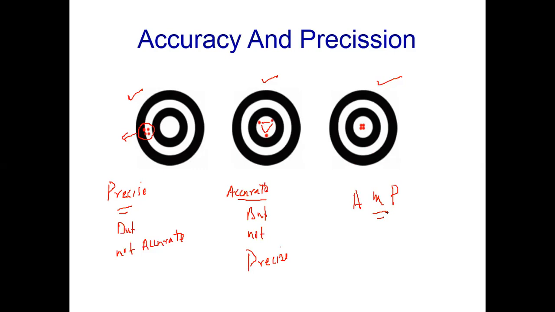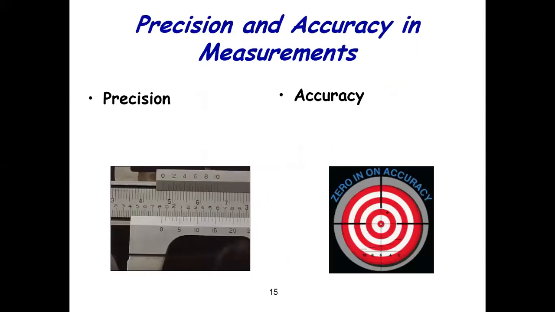Yes, Professor. Your result will be close to the true value, and your observations will be close to each other. For example, one of your students enters the class at 8 o'clock. The next day, he enters at 9 o'clock. The difference between 8 and 9 is 1 hour, so we cannot say that student is a good student. He is not a precise, regular student. When data are close to each other, we say that it is precise. So, accuracy and precision.